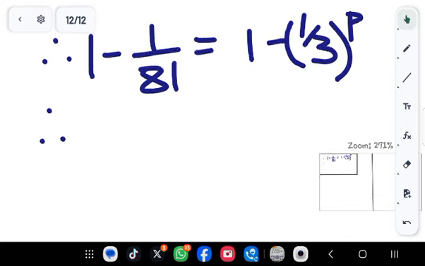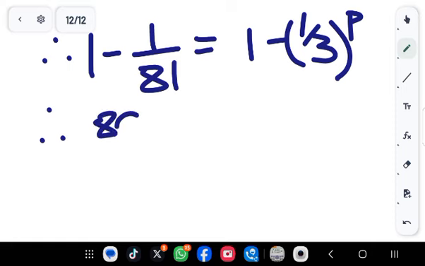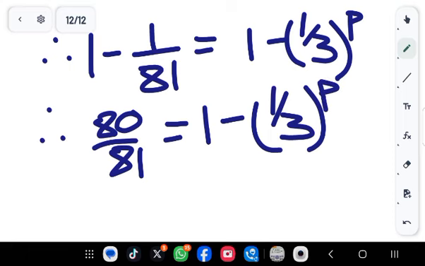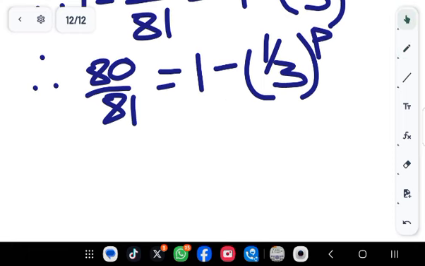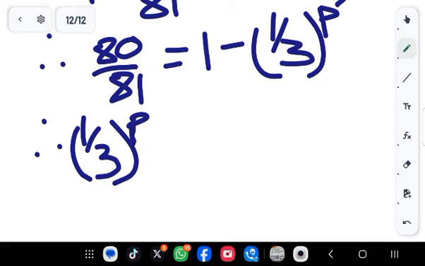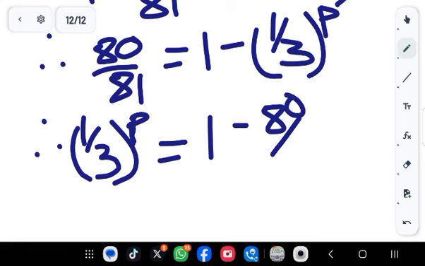So that's 80 over 81, and that is equal to 1 minus 1 over 3 all to the power of p. Now we can take this to the left hand side and this to the right hand side. I'm playing with the numbers here. 1 over 3 all to the power of p equals 1 minus 80 over 81, which is equal to